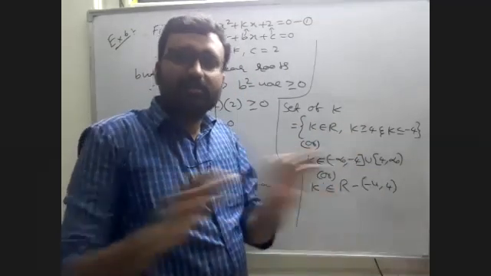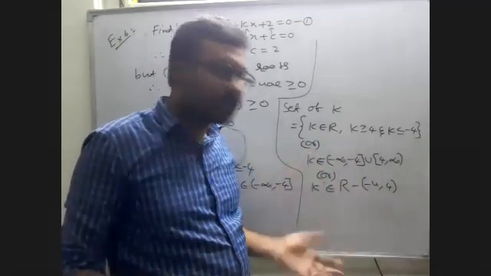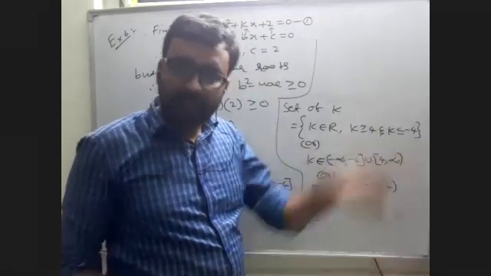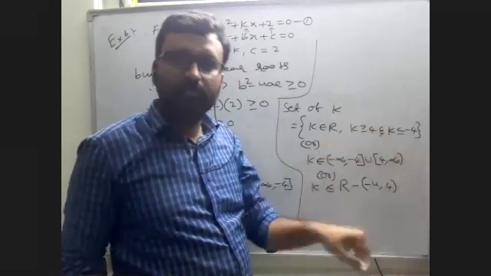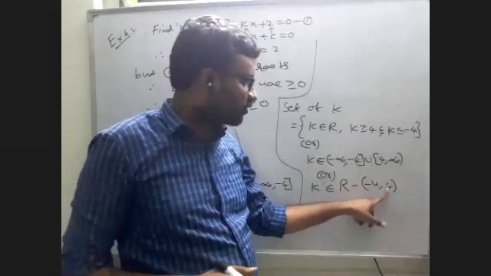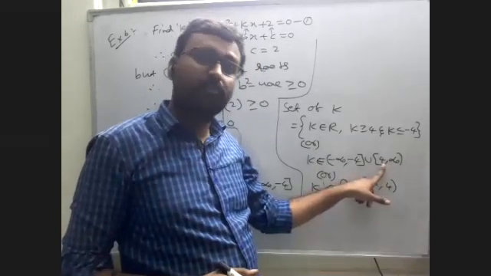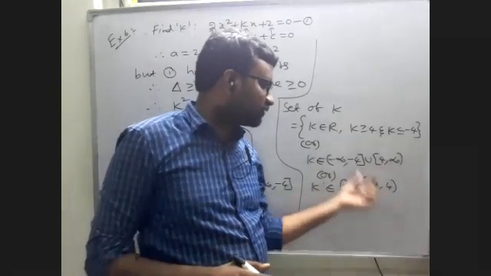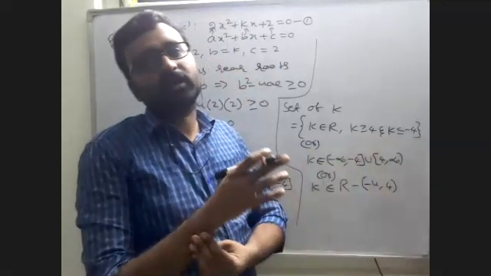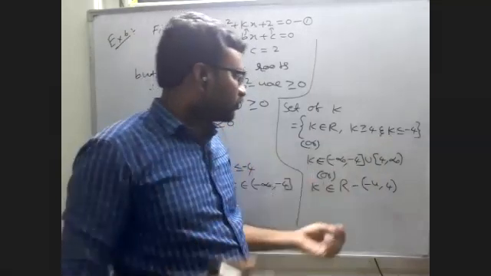Which numbers are not satisfying this k value? What are they? After minus 4: minus 3, minus 2, minus 1, 0, 1, 2, up to 3. And 4 does not exist, 4 is not taken. Why? Because 4 is included in the solution. So that's why we can write like this or like this or like this. Any one of these 3 you can use, you will get the solution correct.